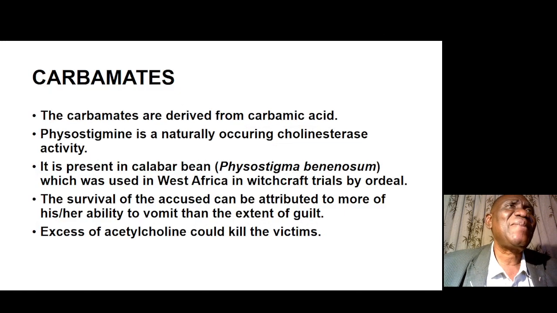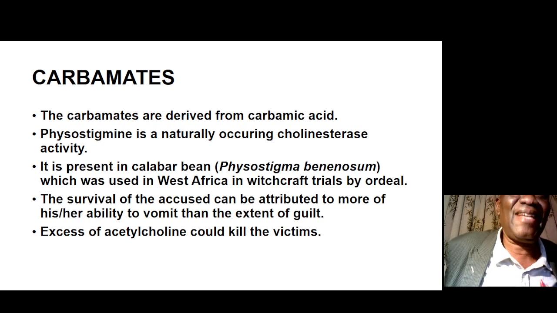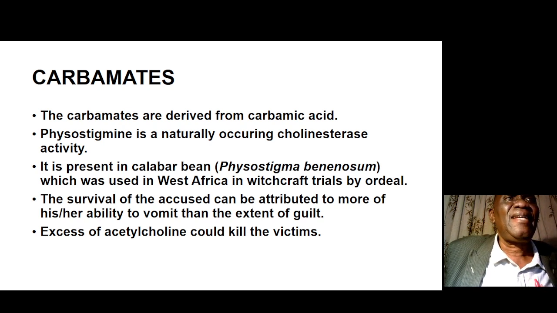We move on to carbamates. The carbamates are an interesting group of pesticides. They are derived from the carbamic acid. These come from physostigmine, which is naturally occurring cholinesterase activity. It is actually present in a plant known as the calabar bean,